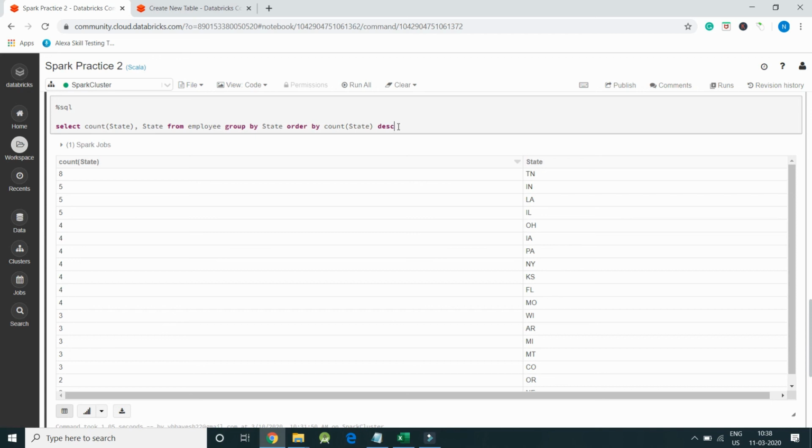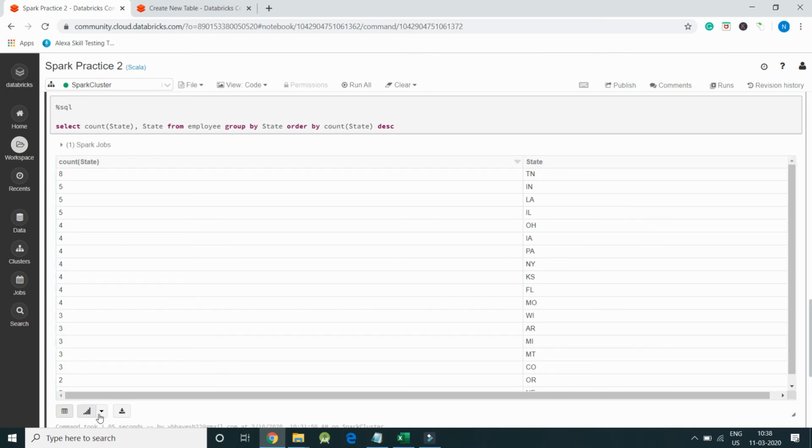We already have the state column in our employee temp view, so we have just written a simple query to extract the count of state in descending order. So here is the data.